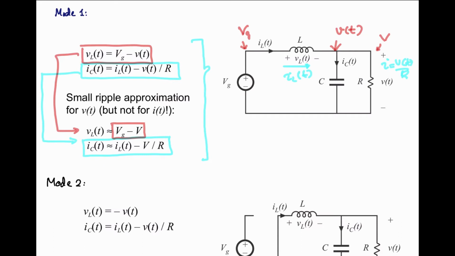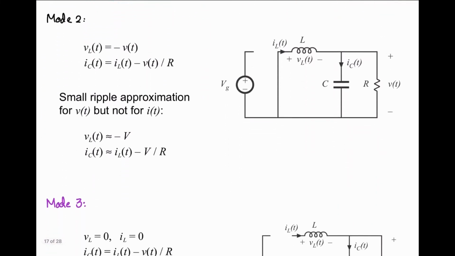Now the same thing is to be done for the second mode of operation. In the second mode, your equivalent circuit is this one, right? So the inductor voltage is the opposite of your load voltage, as you can see over here: v_L is equal to minus v(t). Why is it opposite? Because we have assumed the positive terminal over here and the negative terminal of the inductor is over there. When the diode is on, this is connected over here, so the inductor is connected in parallel to the load. So the inductor voltage will be equal to the load voltage, but with the opposite polarity. And similarly, if you talk about the capacitor current, the inductor current is this one, i_L(t).